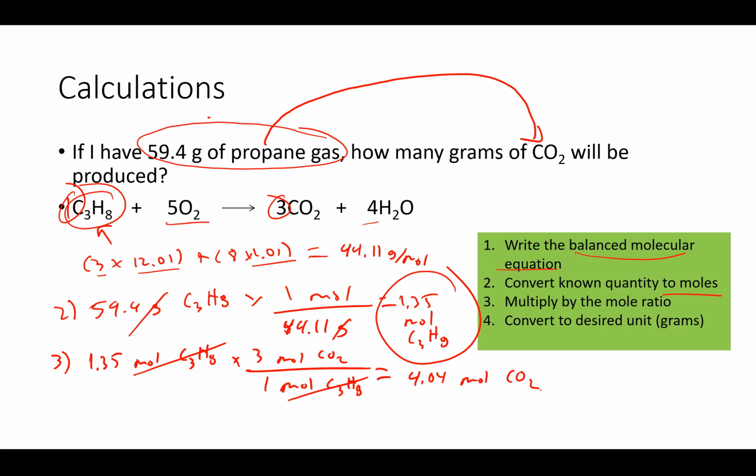Okay. So what I've done here is I've put these into like terms. That's why we have to use moles. We can't just multiply the mass by 3 because the molar mass of CO2 is not the same as the molar mass of propane. We have to first convert the number to moles. So we did that here. Then we multiply by the mole ratio. That's step 3. The last thing I'm going to do is convert to my desired unit, which again is grams. This is in moles at the moment, right? So in my final step here, I'm going to go moles to grams,